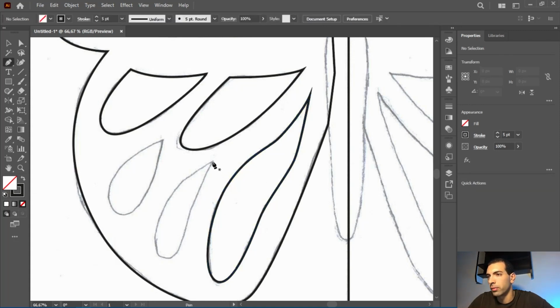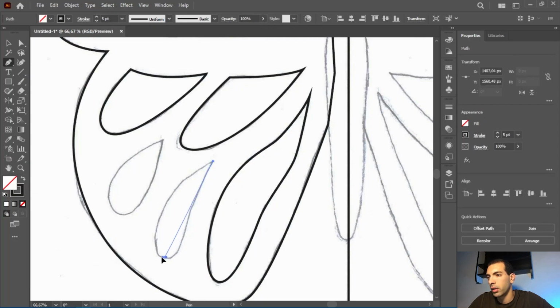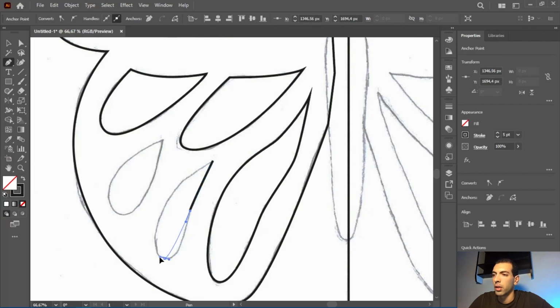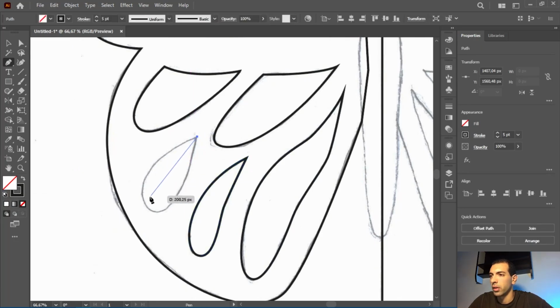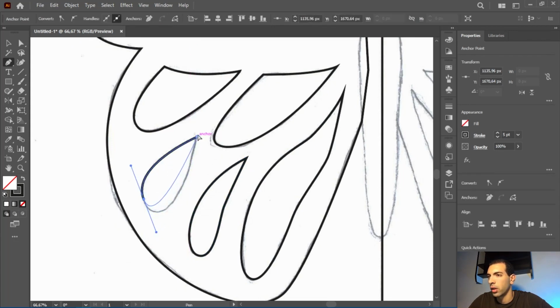Go back to pen tool, click and drag. No, this is wrong. Control Z. I need to make 1 point here, click and drag, click and drag, and now I can do click and drag like this and close the path. Now this part, click and drag, click and drag, and click and drag here,